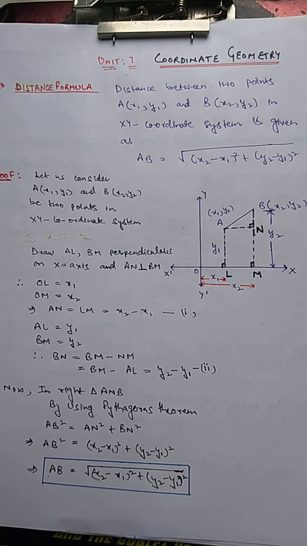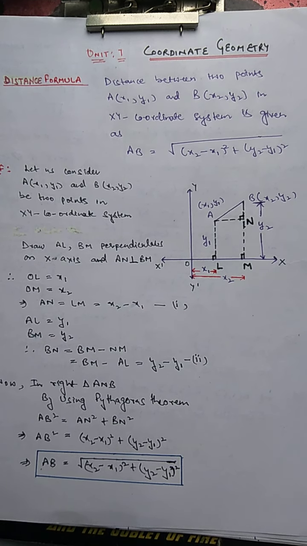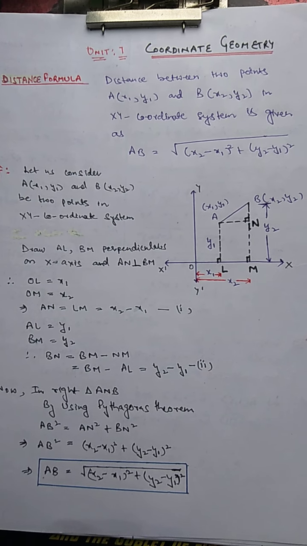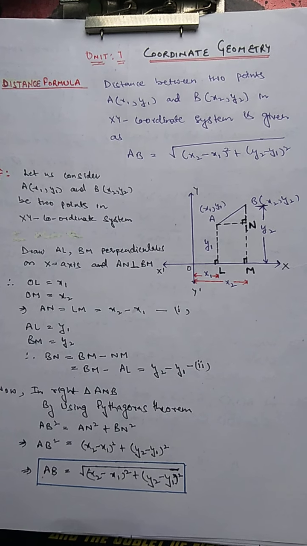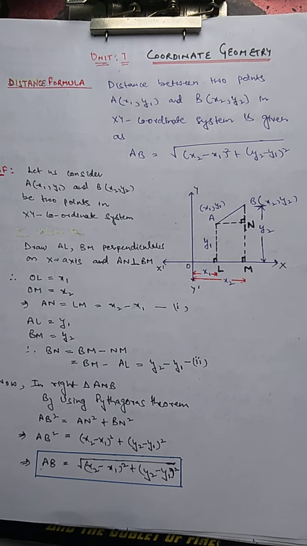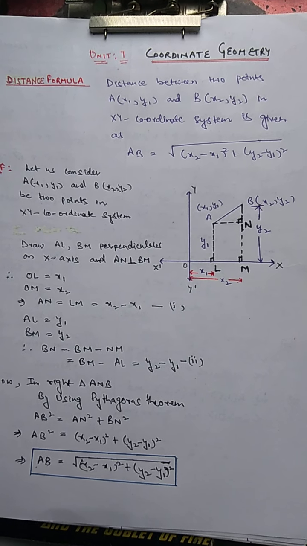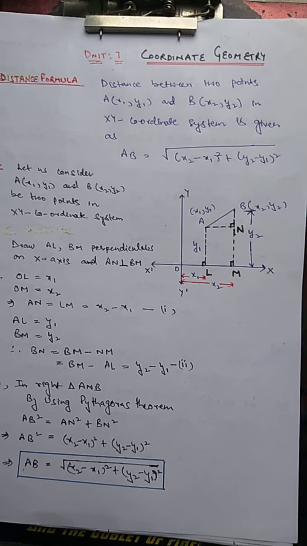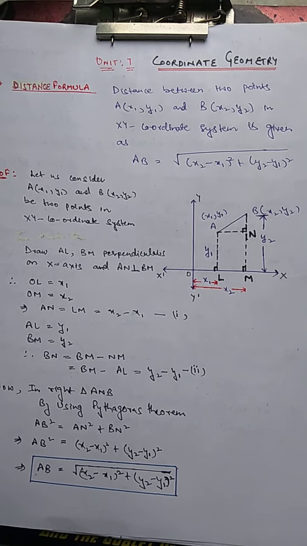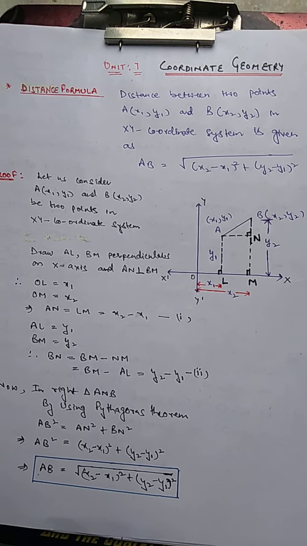So in today's session we will discuss the 7th unit of class 10th math, which is coordinate geometry. Before proceeding towards coordinate geometry, let me tell you what coordinate geometry means. It is that branch of mathematics in which we deal with the position of the points which are located in the xy coordinate system. That is, what is the position in the xy coordinate system.